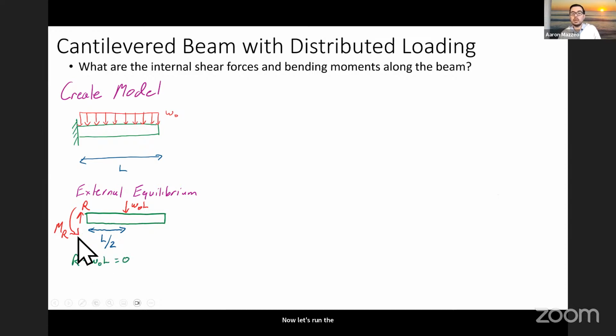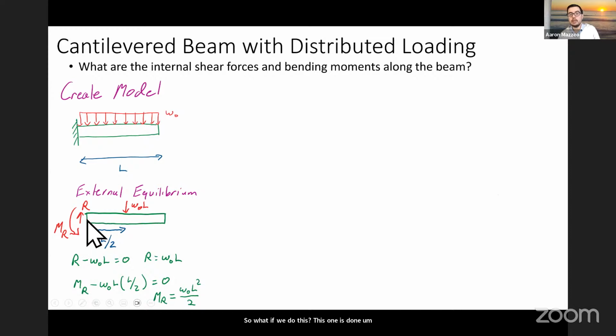So for forces in the vertical direction, we can say that we have R minus W naught L is equal to 0. We can say R is equal to W naught L. And for the moments, we have to do it about a location. So what if we do this? This one is done at